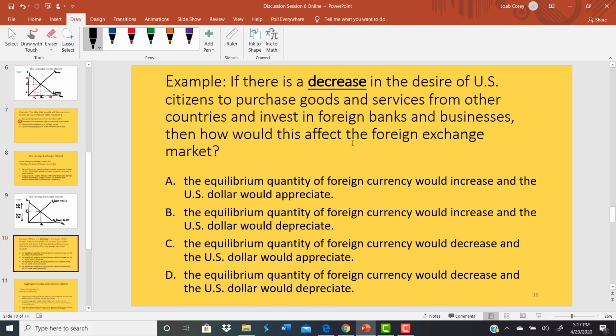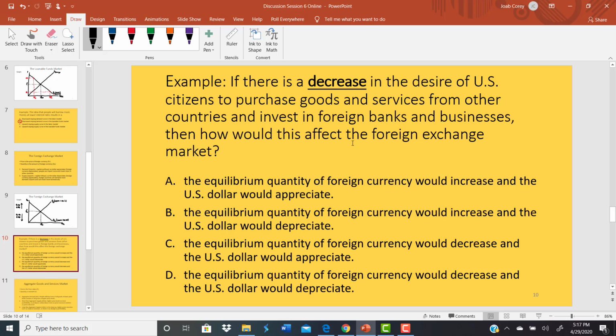This one says, if there is a decrease in the desire of U.S. citizens to purchase goods and services from other countries, right? So again, that's a decrease in the desire of U.S. citizens to import goods, and a decrease in the desire of U.S. citizens to invest in foreign banks and businesses, or a decrease in those capital outflows, then how would this affect